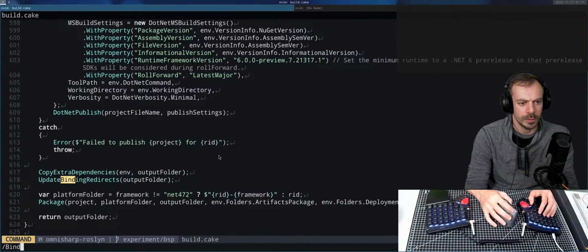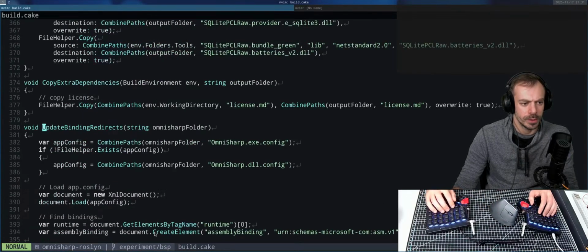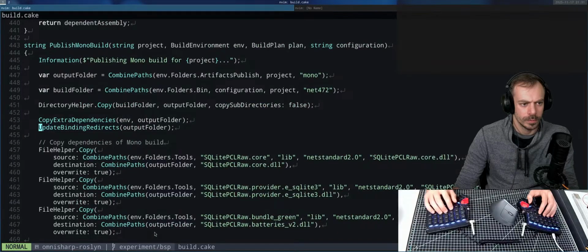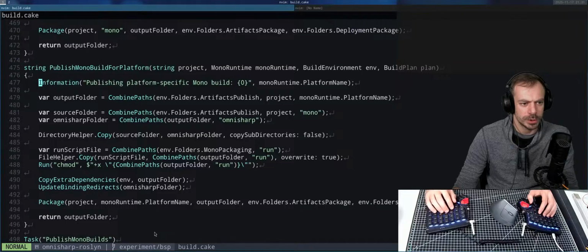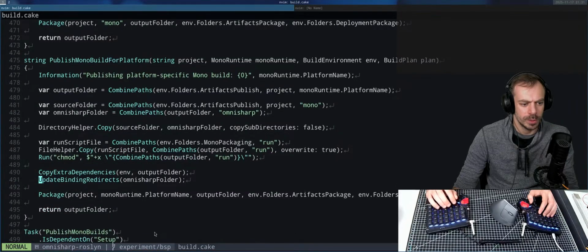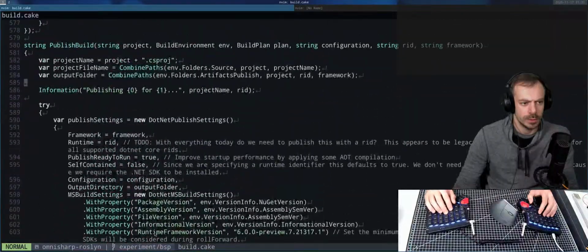This is what I meant with overrides. Binding redirects. So when we do publish to mono, we do binding redirects. When we do publish build,